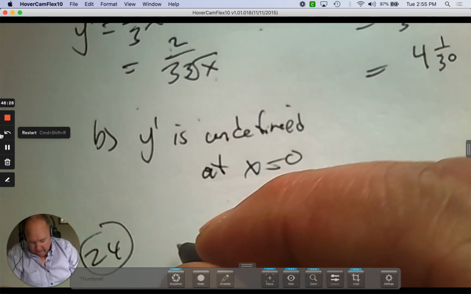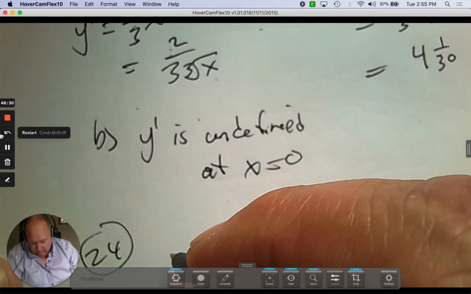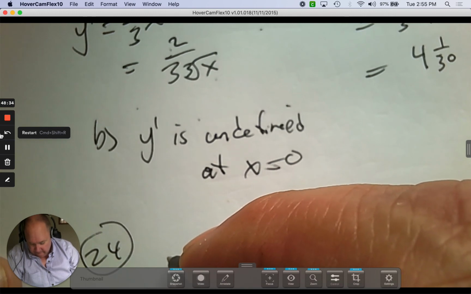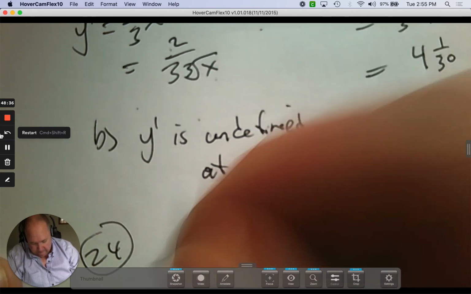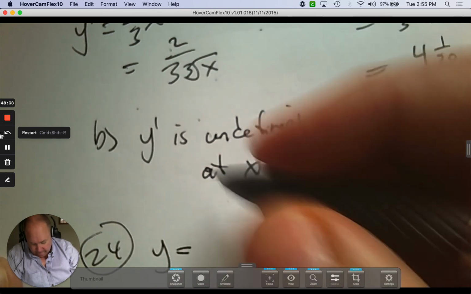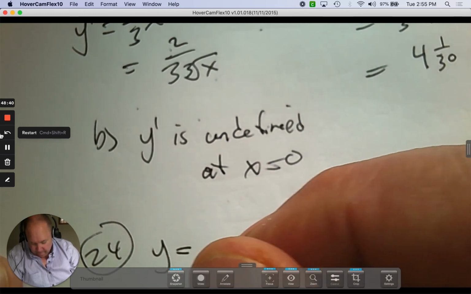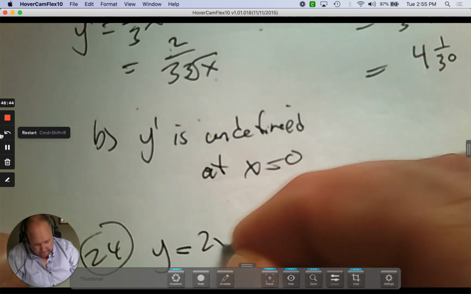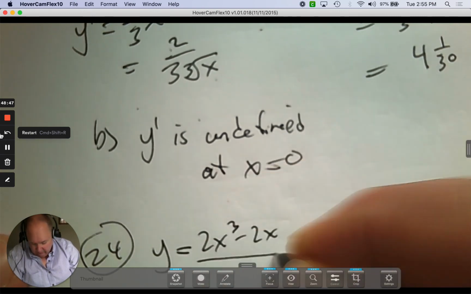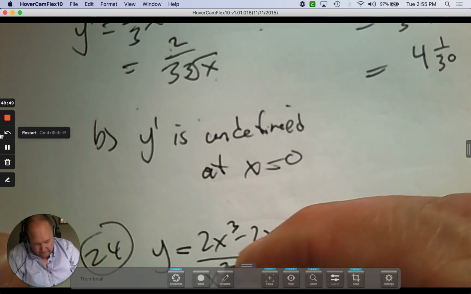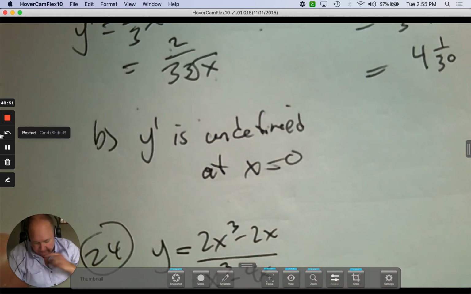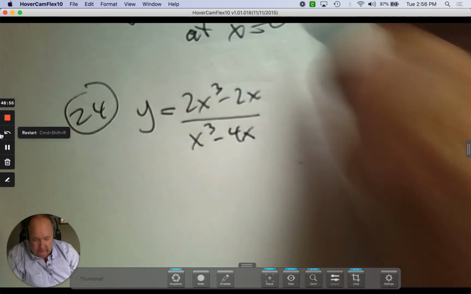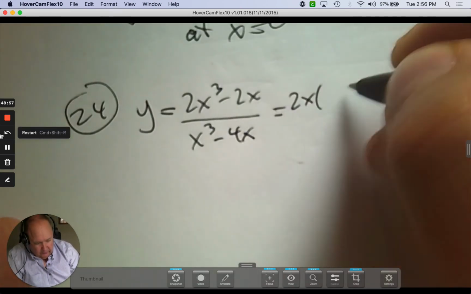Without using a calculator, sketch this graph. All right, and we're not doing any calculus. So they're not talking increasing, decreasing. They're not talking maximum, minimum. They're not talking point of inflection. Just do pre-calculus here. So we're going to factor out a 2x,